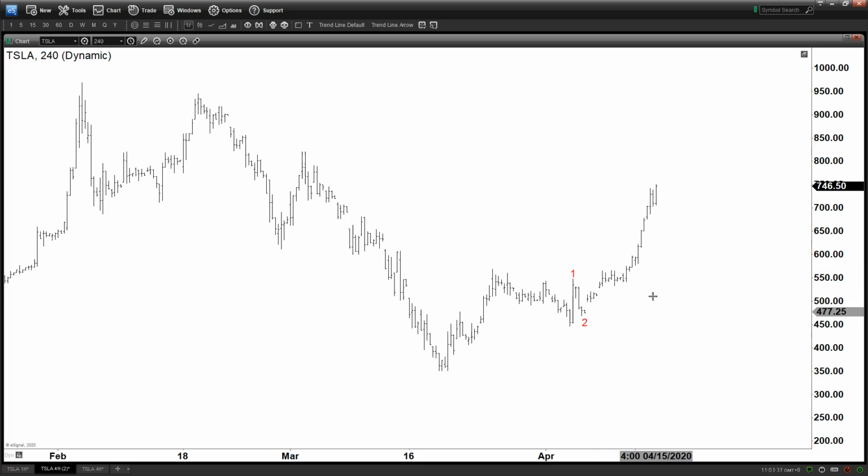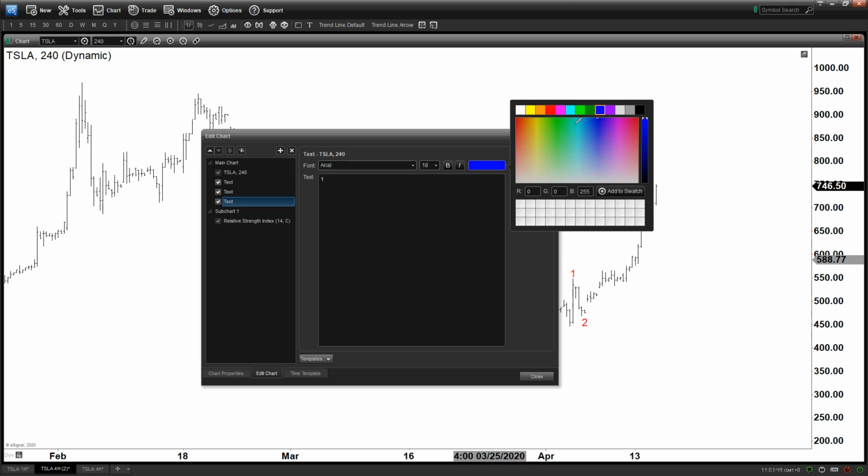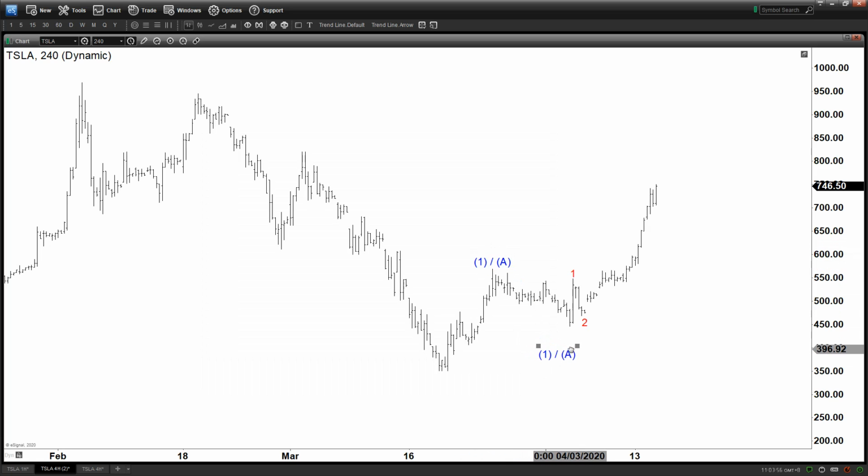So you have two choices here. This is either A, B, C, or this could be a new impulsive cycle. Let's say this could be a 1, 2, 3, right? So you have only two choices. Either this is a 1 or this is an A, and this is a 2 or a B, right? So now if we measure using the extension from this low in March 19,